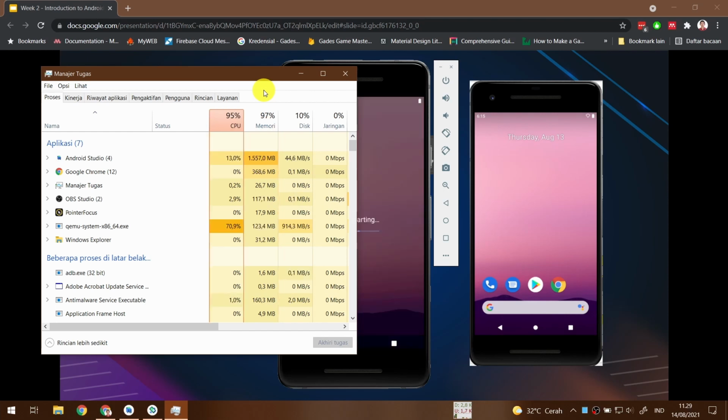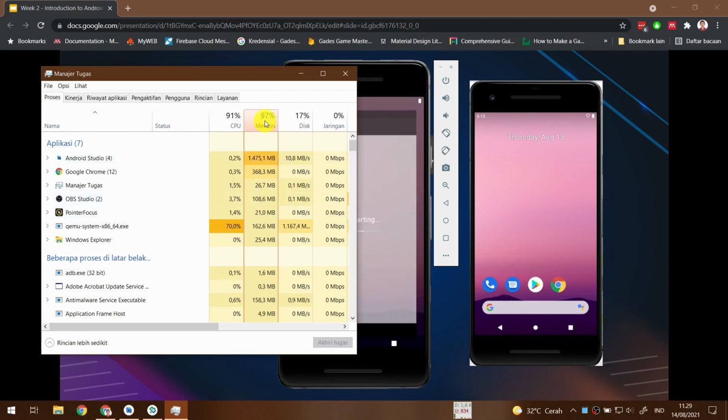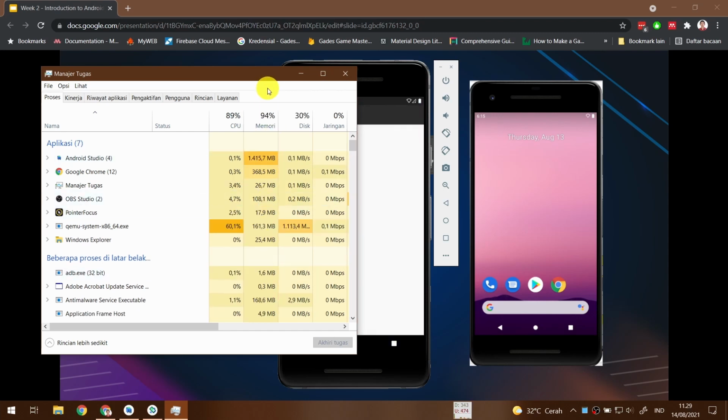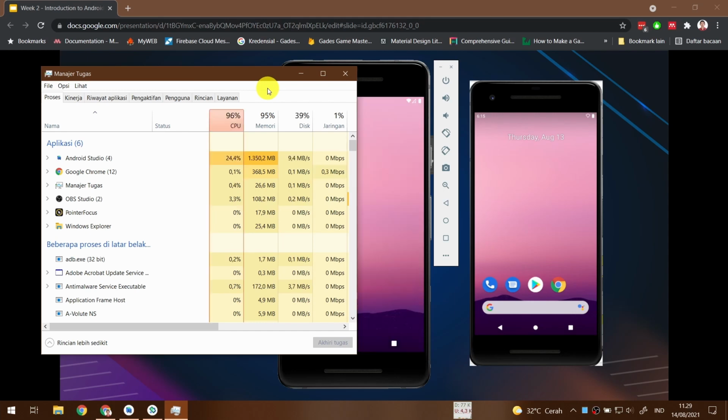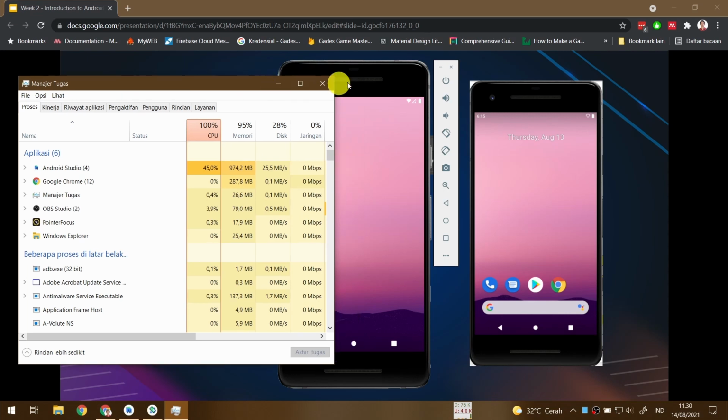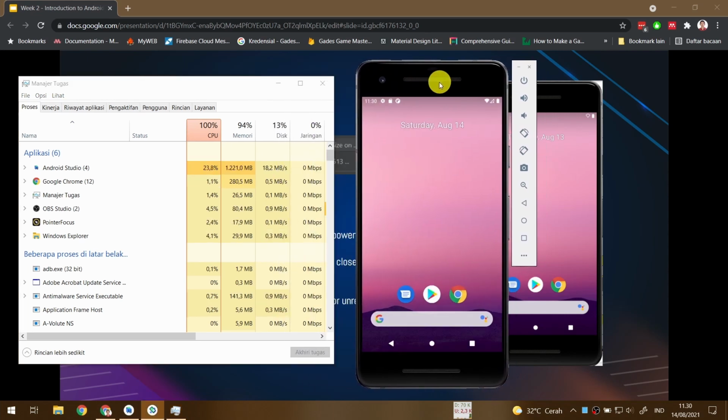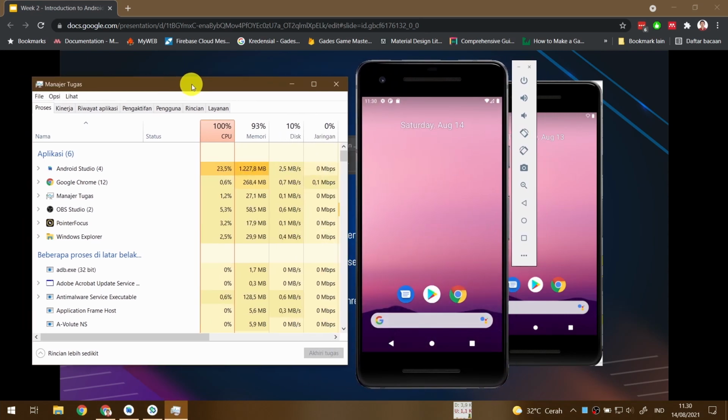Here I must keep Google Chrome open. Unfortunately, my computer has less RAM available, but that's fine for now. Maybe you will experience some lag and so on.